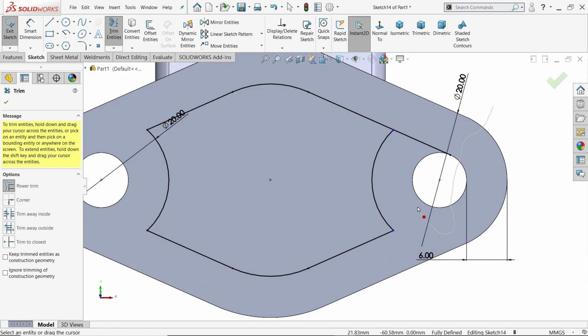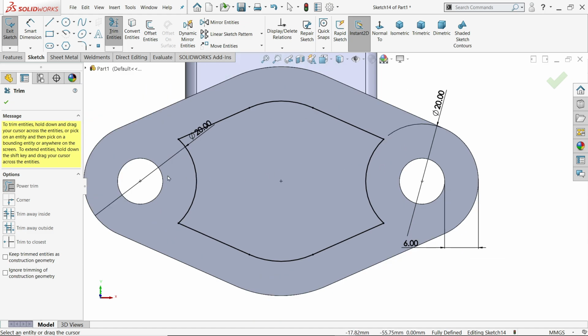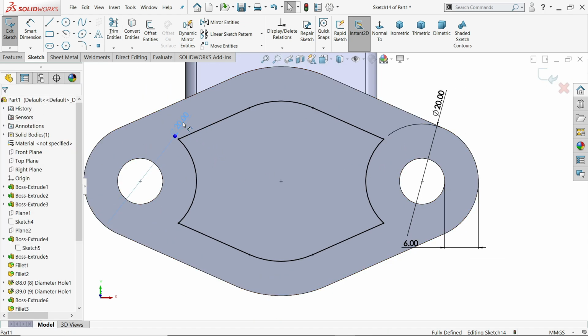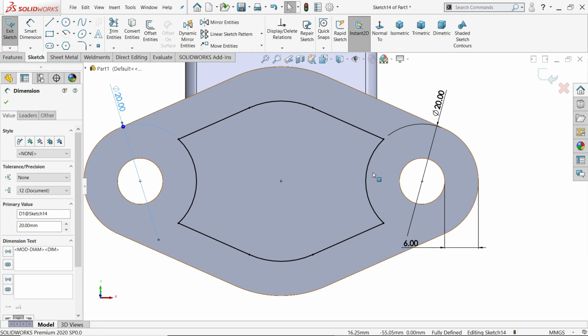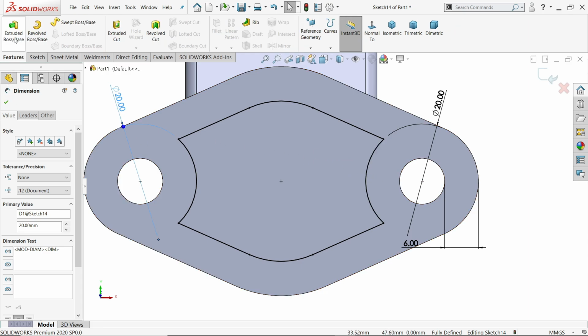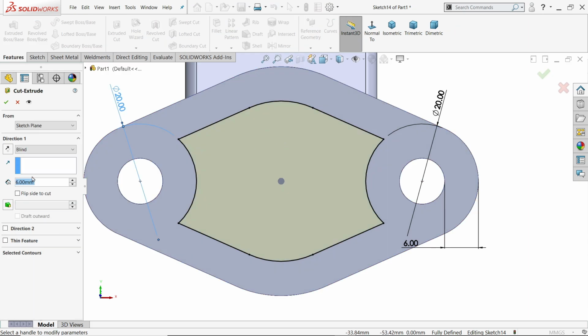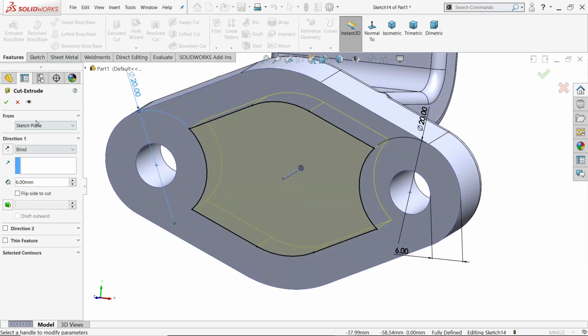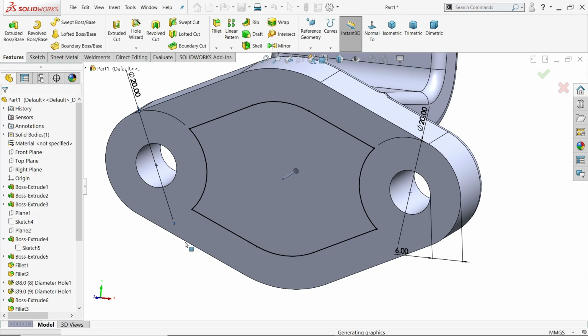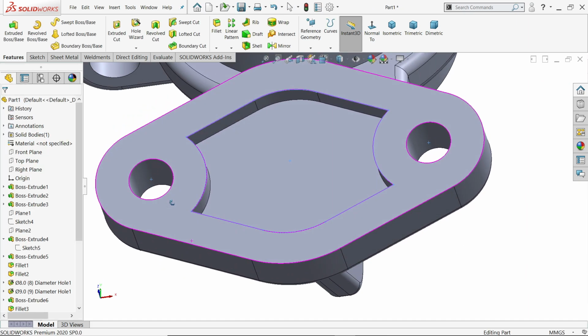That's it. This is what we need. Click Extruded Cut and make here plane already selected and condition keep blind and depth 4 millimeter.